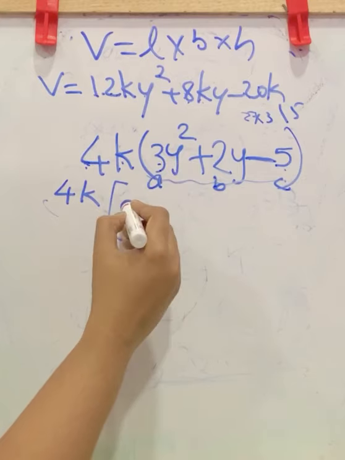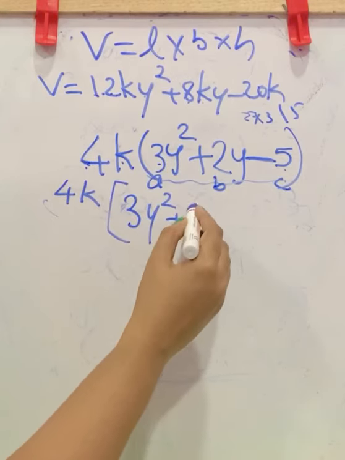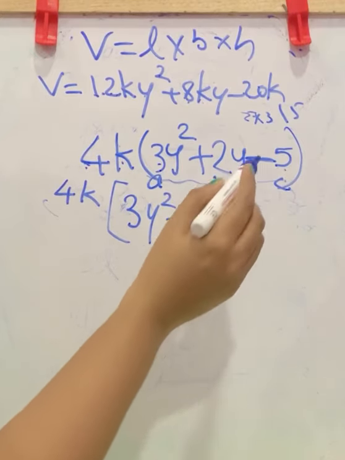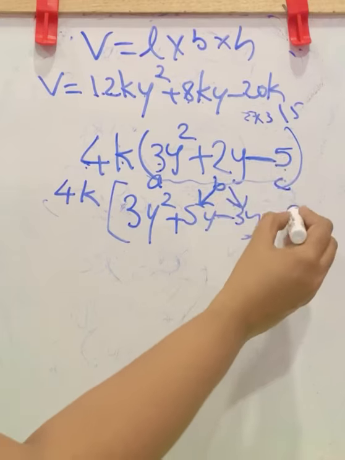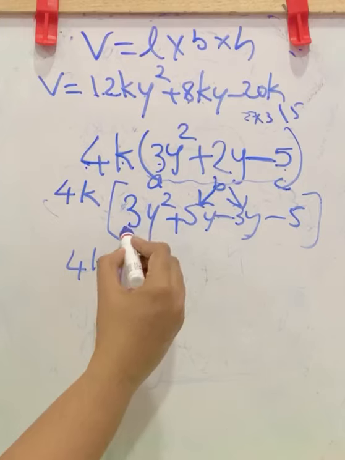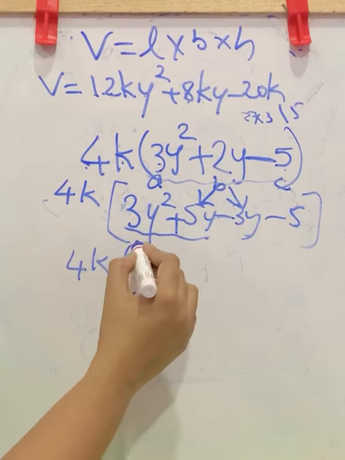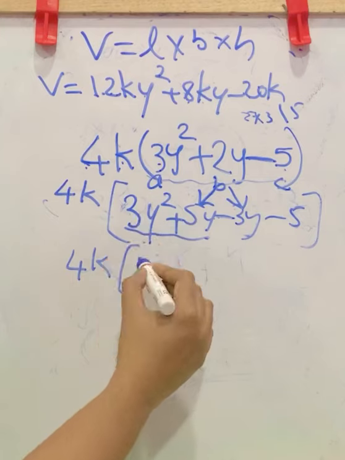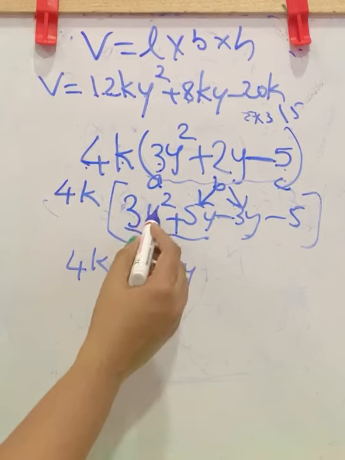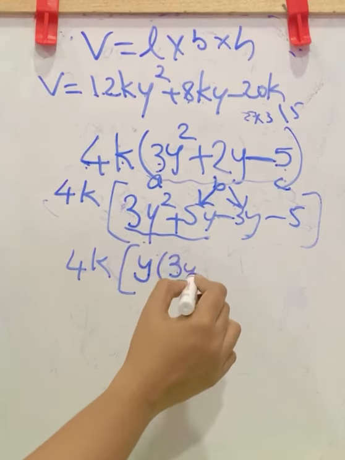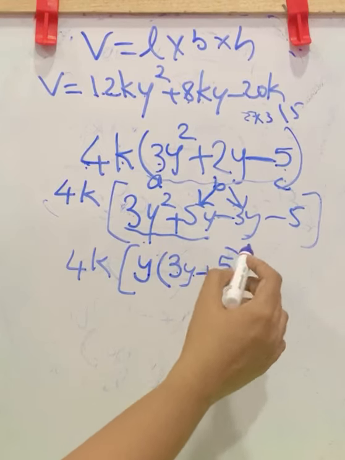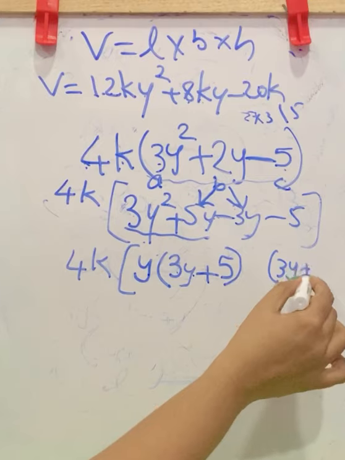So you can split like that: 3y square plus 5y minus 3y. 2y we split like 5y minus 3y. Minus 5 is there, with 4k here. Now from these two terms take a common factor outside. y is a common factor. Here the balance will be 3y. Here from y square, y is taken, so 3y plus, y is already taken, 5 is there. Close the bracket. Now first write this bracket 3y plus 5.